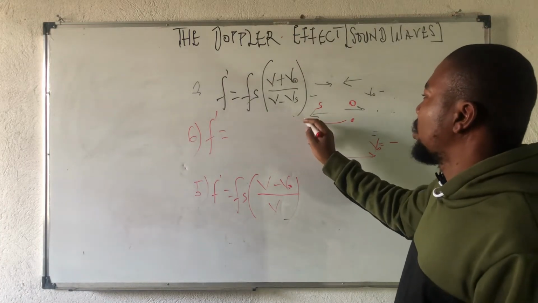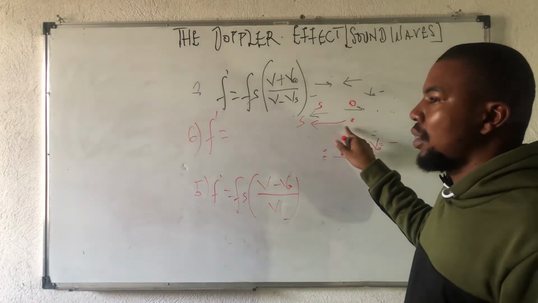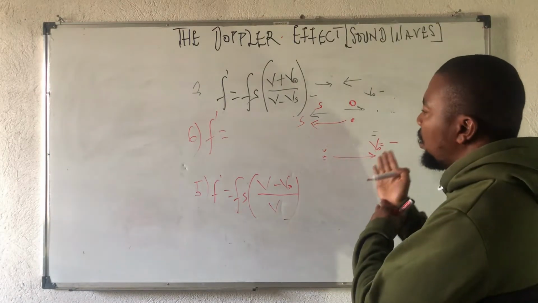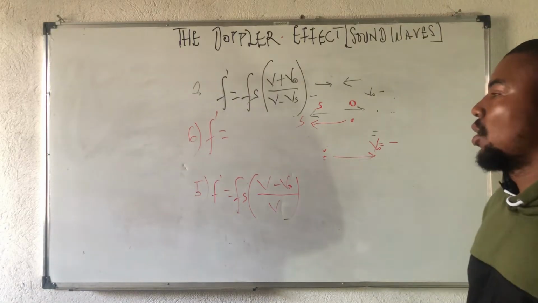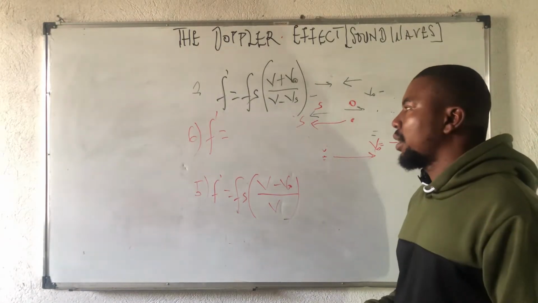So this is the source, and here we have the observer. If the observer is stationary and the source moves away from him, in this case,